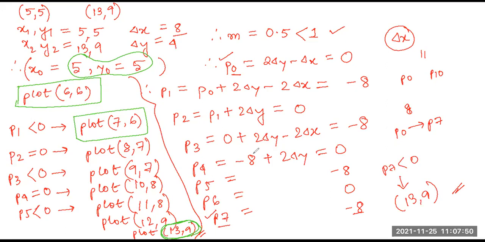Do not leave it at "you have found P7, stop." No, you have found P7, use the concept of P7 to find the next plot and stop over there, because your del x was 8, from P0 to P7. So this is the algorithm and the implementation of this algorithm,